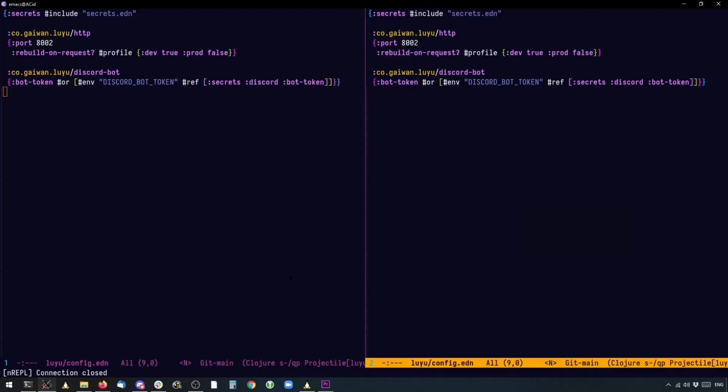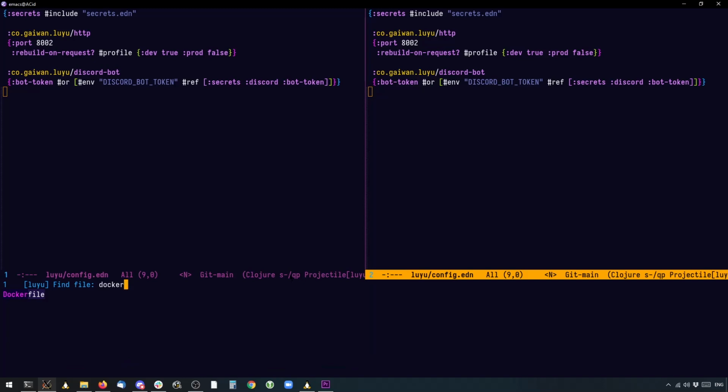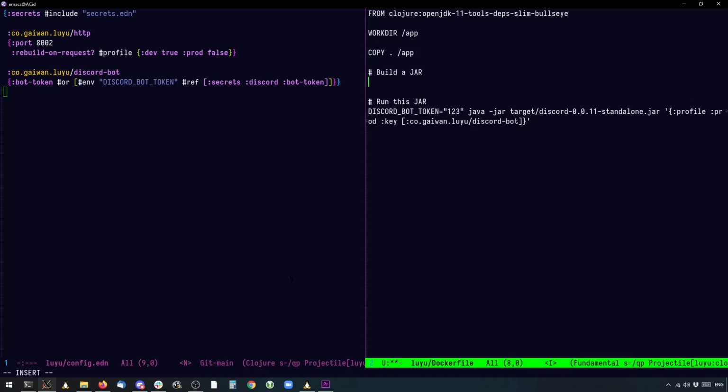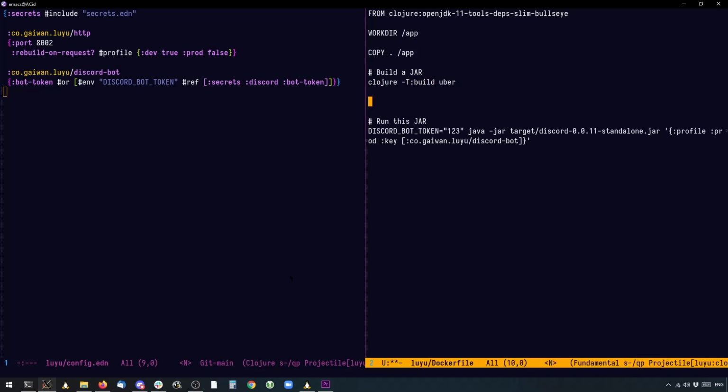Let's go back to our Dockerfile. This is the run command, right? But we still have to do the build command. So for building, we will do clojure -T:build.